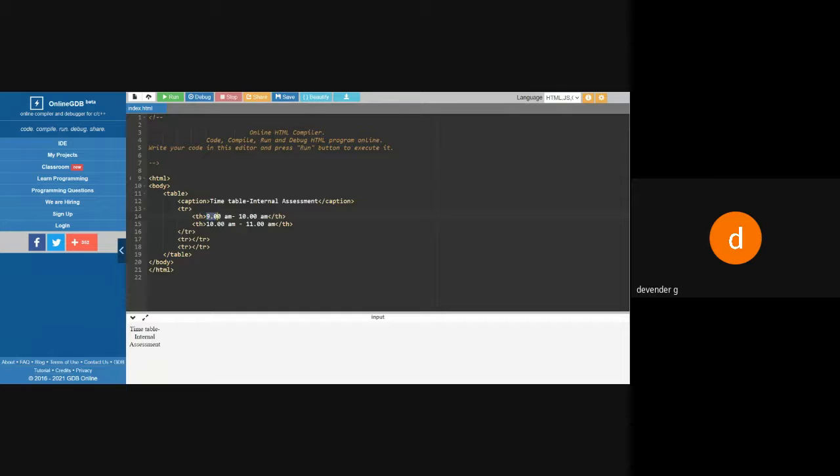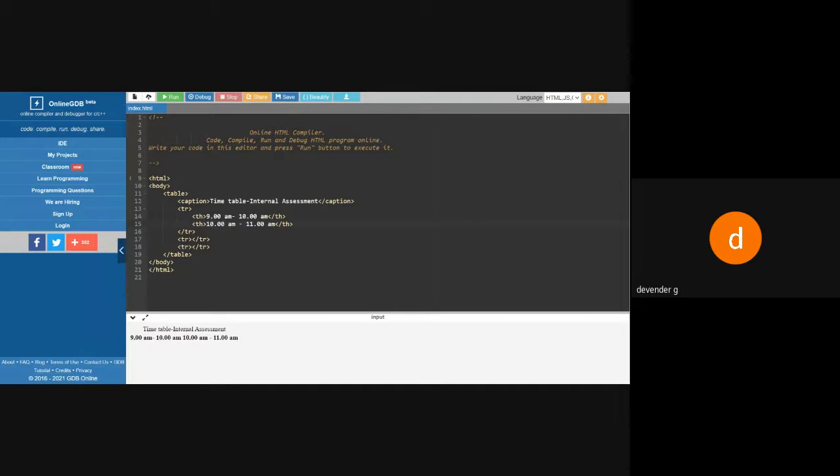In between this, I am putting the data. Now you can see how it will be. This is the caption and this is the timing: 9 to 10 and 10 to 11. Now you can see this has become thicker. When it is thicker, it is understood to be a header.